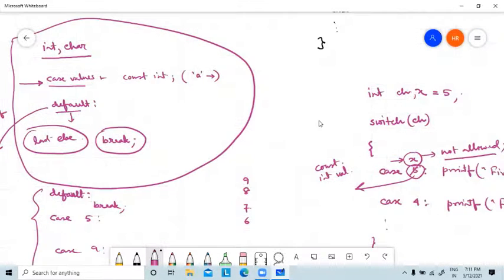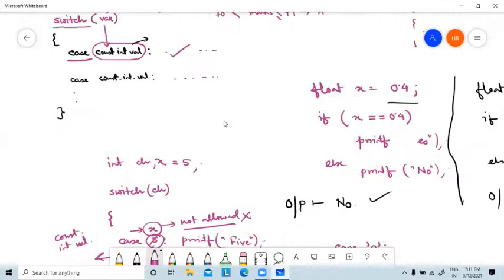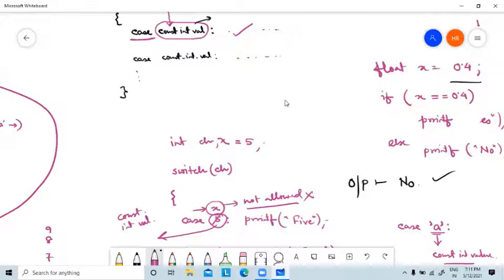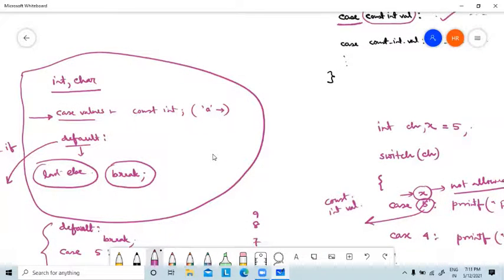Using switch case, you can easily replace the multiple if else, which is a little bit time consuming, and you have to write so many things. So better you can go for switch case. But remember, if it is a float value, then it is very difficult. And if there is a range of values,